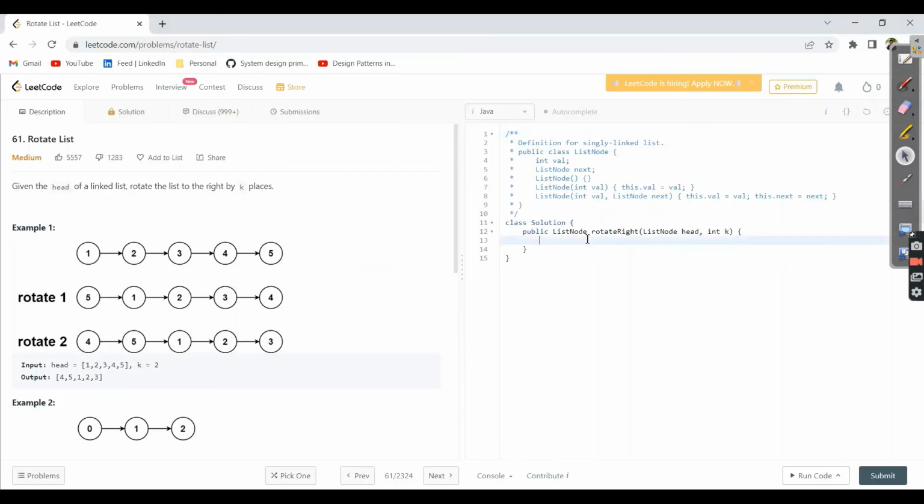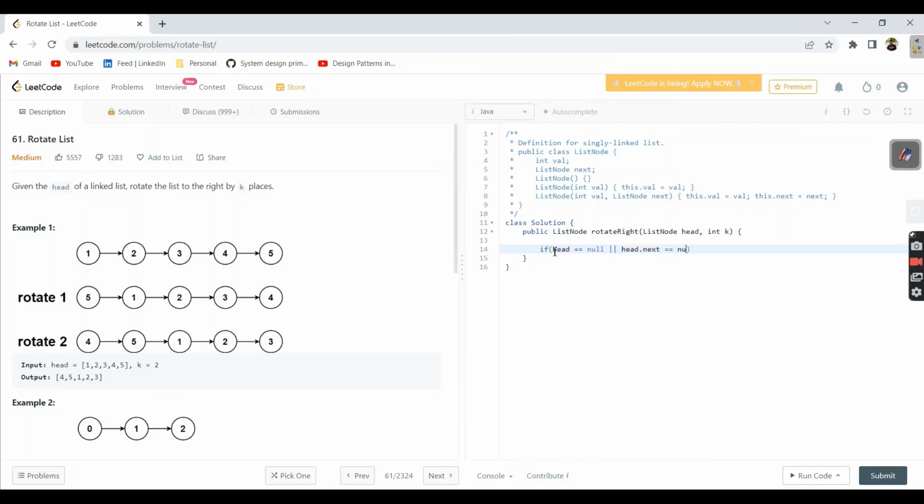So what is my first base condition going to be? If head equal to null or head dot next equal to null or k is less than 0, in all these cases, just return your head. Otherwise,